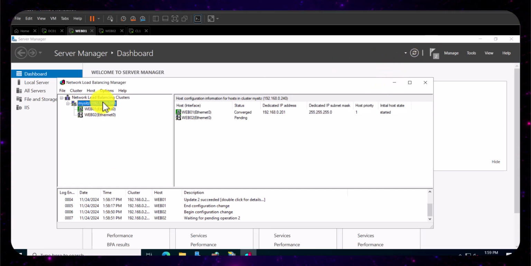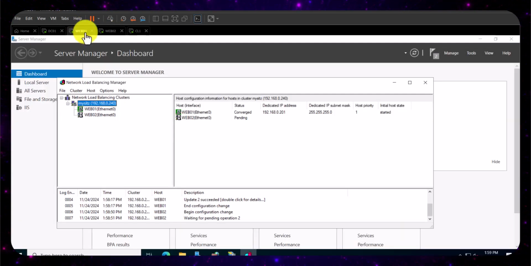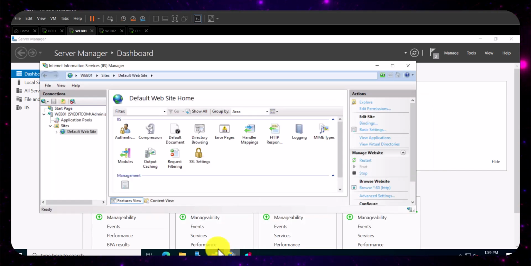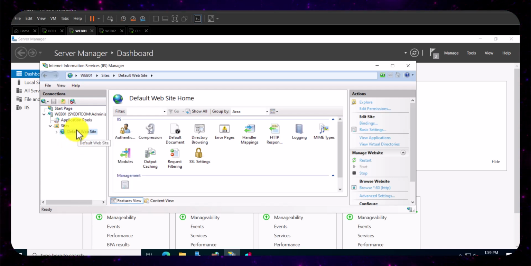Once you install it on one node, that becomes primary, and the same is installed on this. If you open up a network load balancer, you will see the same. It'll take maybe 10-15 seconds to come up. Okay, I'll minimize it. Now I'll open up what I was trying to do. So here I'll just stop this current website,